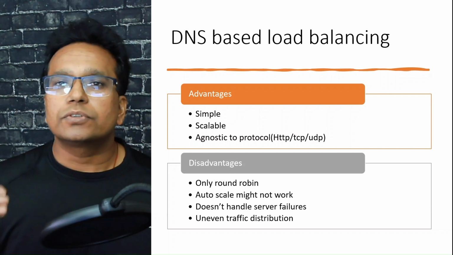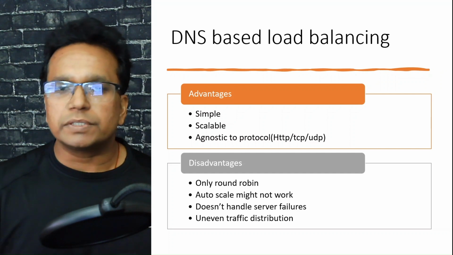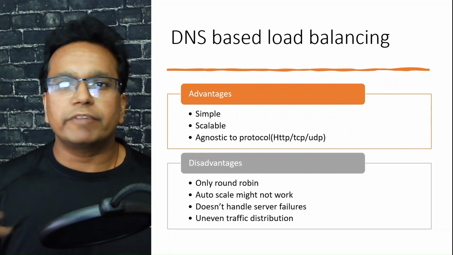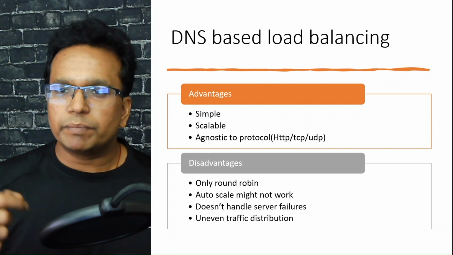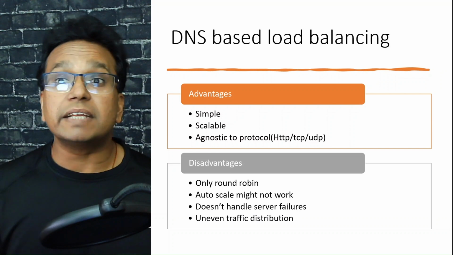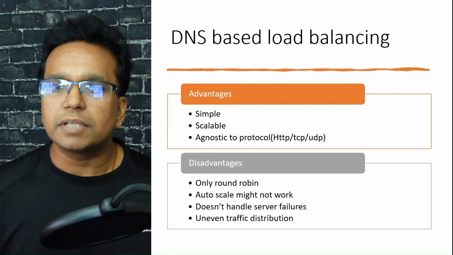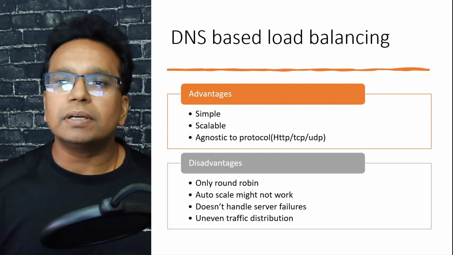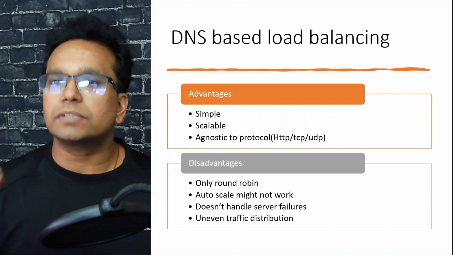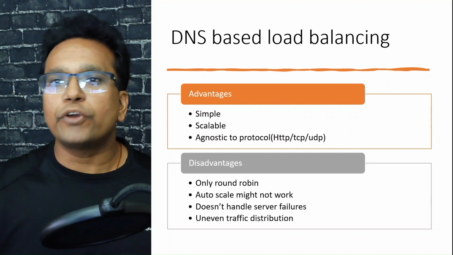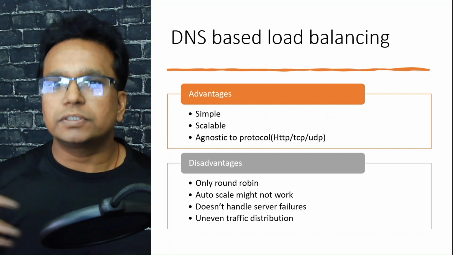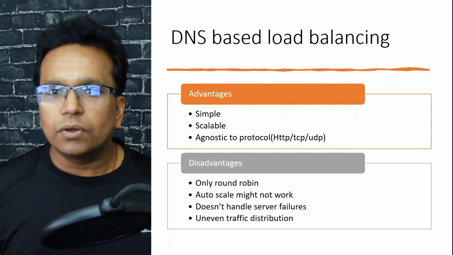So from here, suppose we have two users, and one user is not a very frequent user, so he just makes a request to one application, and he got the IP address of that. Now the second one makes a request, he got the IP address of the second, but the second one is a very heavy user and keeps on making requests, and all the requests are going to land on the second one. The first is still not getting any requests. So this leads to the uneven distribution.